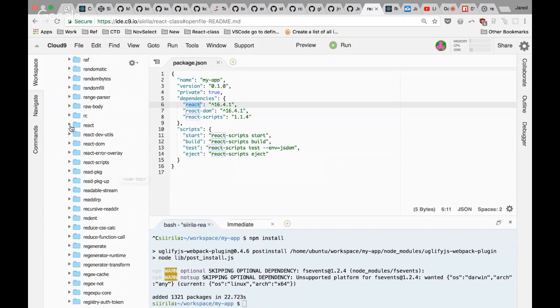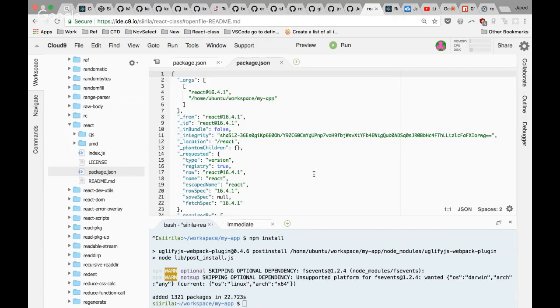Should we install? Oh, here we go. Install ran automatically for you. I'm just showing you, when you ran npm start, it ran install in the background. I'm just showing you running install directly. If we go in this React folder and look at its package JSON,